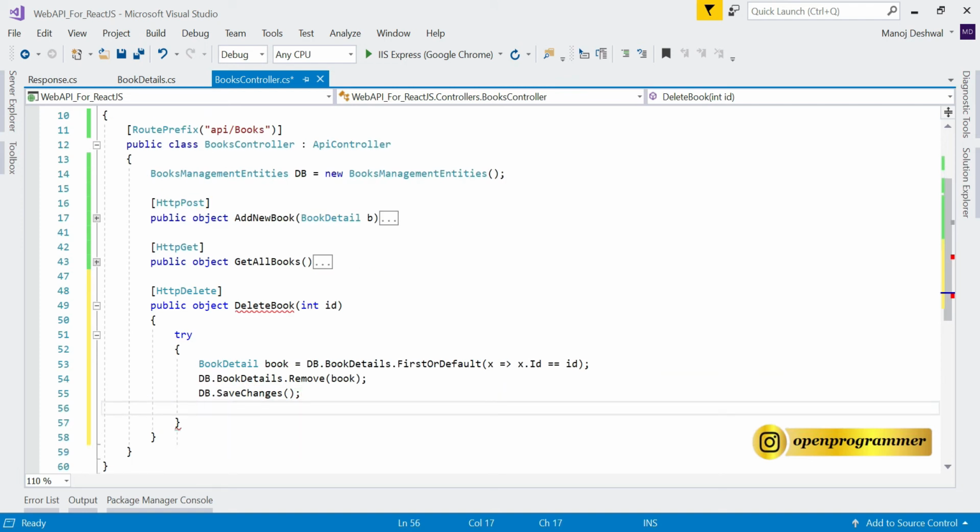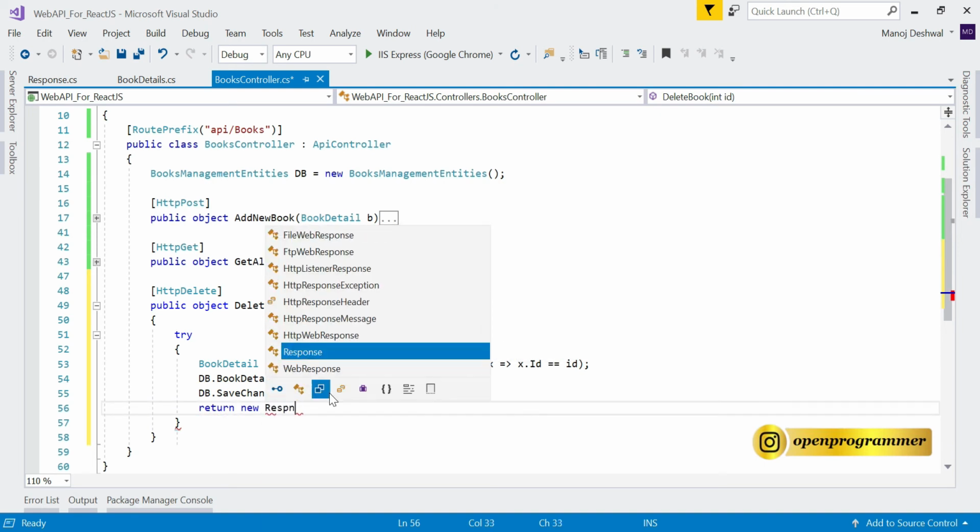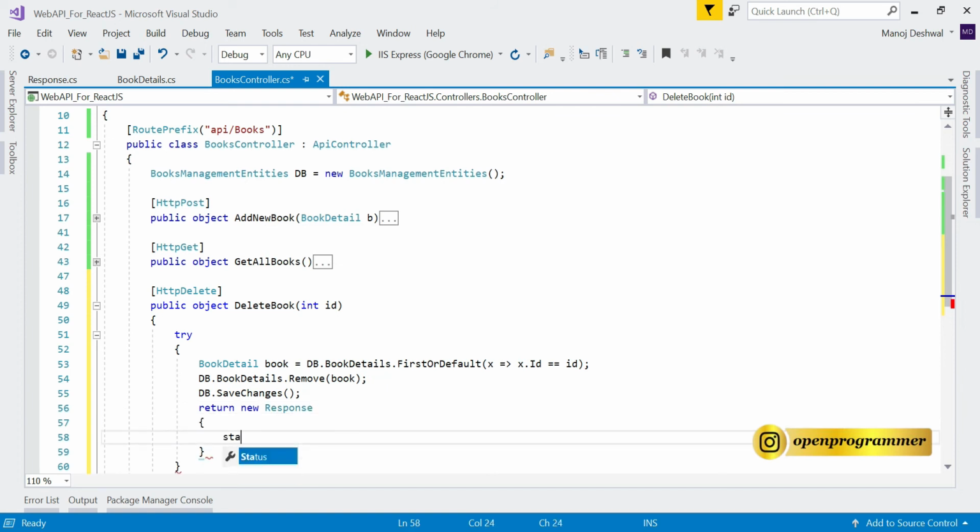If this works fine, then we need to return a response. So return new response, which is having status success and message book deleted.